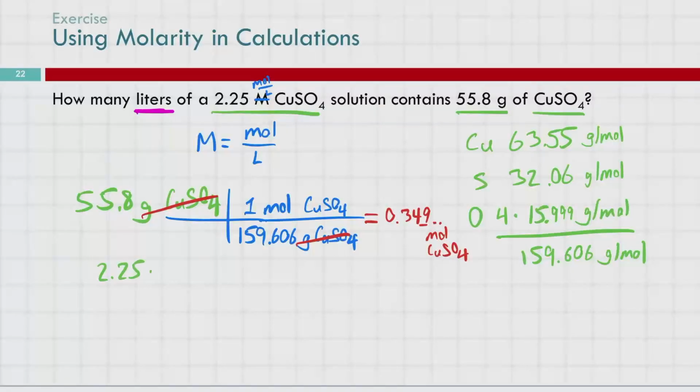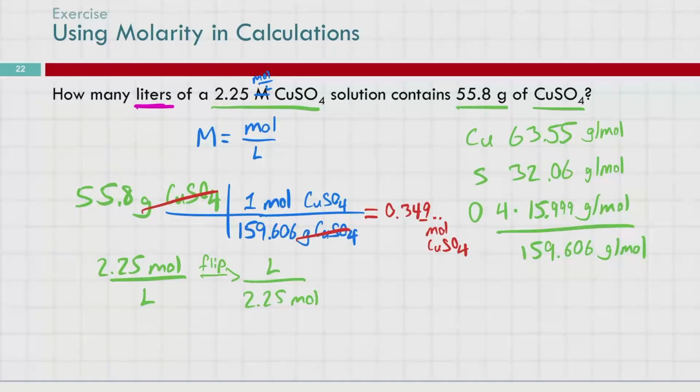Now, molarity is moles over liters. So the way that I would solve this problem is I would sub in moles and liters. We are trying to get liters, so we'll need to flip this. Flip. Liters over 2.25 moles. Now liters is on the top. We multiply our moles, and boom, bam, bop, we got the right answer. Or,